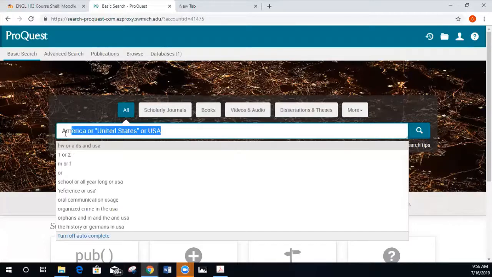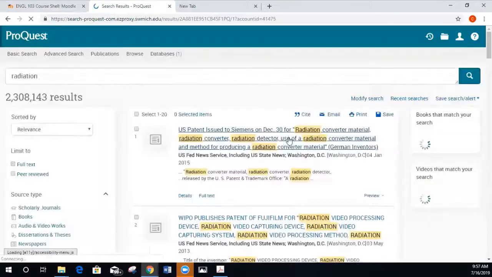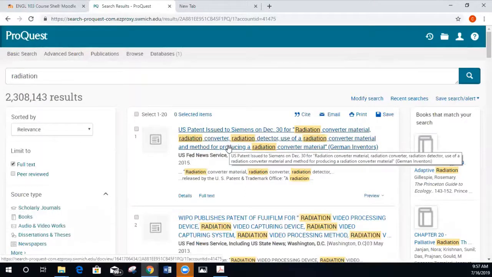Now, the last one is maybe not used quite as often, but it's definitely, as you dive into your research, important to understand. So maybe we are looking into radiation, okay? And so we search radiation, like I've typed in here in the search bar, and we notice that this first item that comes up has the word converter standing out. And maybe we notice that thousands upon thousands of these, or maybe hundreds of these articles coming up have the word converter in them, and we're not interested in that at all.